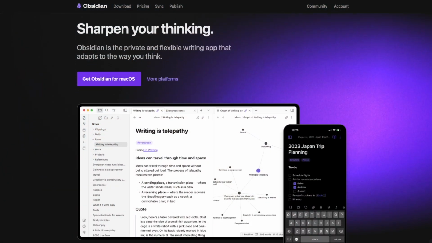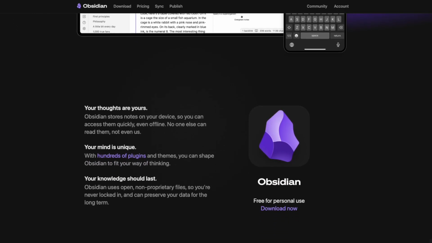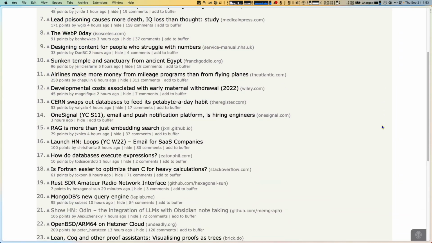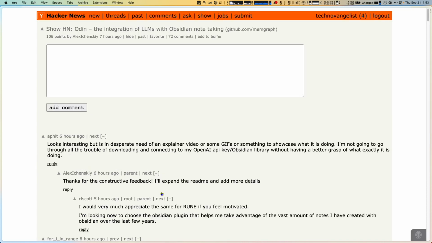Hi, in this video, I'm going to show you how you can build a plugin for Obsidian that uses the power of AI but doesn't use ChatGPT. Mostly, sort of. Okay, today I saw a post on Hacker News about another plugin for Obsidian that integrates with